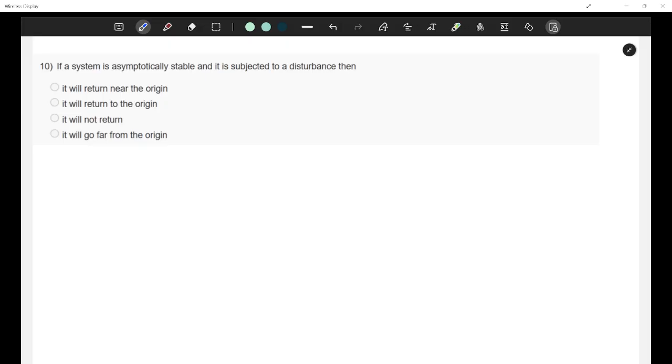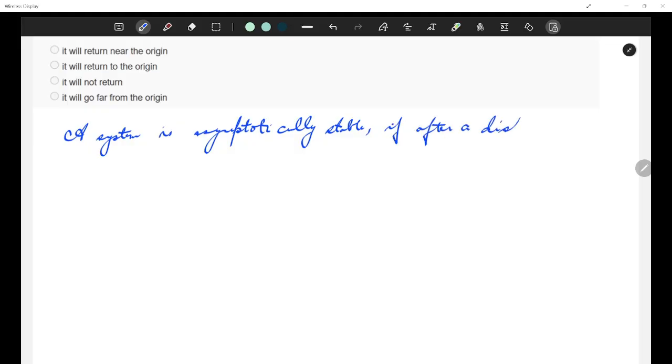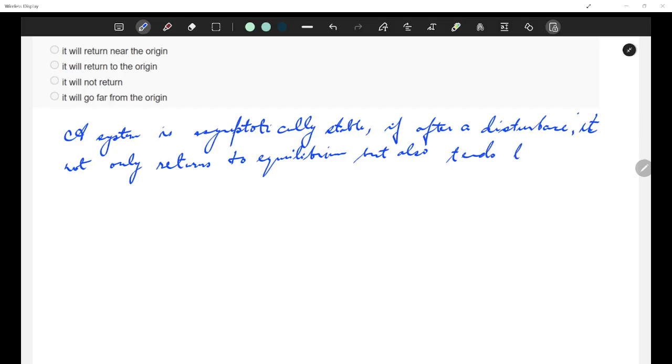So, what is asymptotically stable? A system is asymptotically stable if after a disturbance it not only returns to equilibrium but also tends towards origin over time.